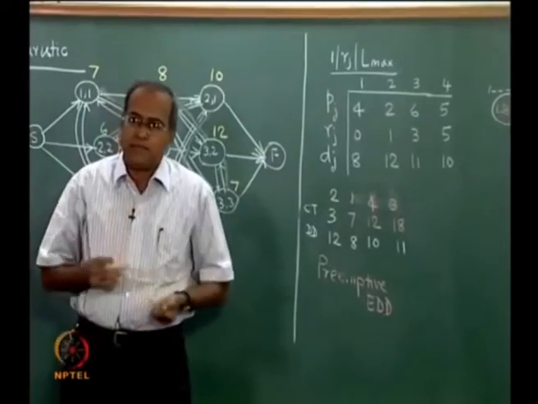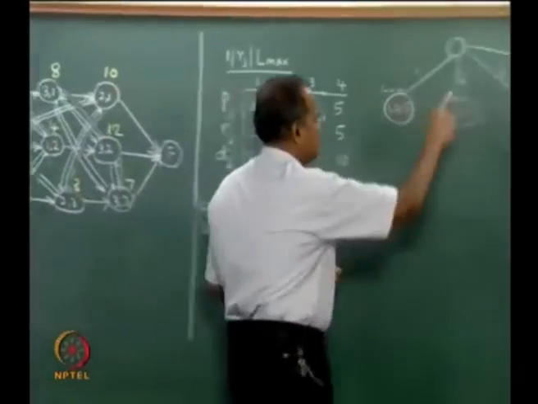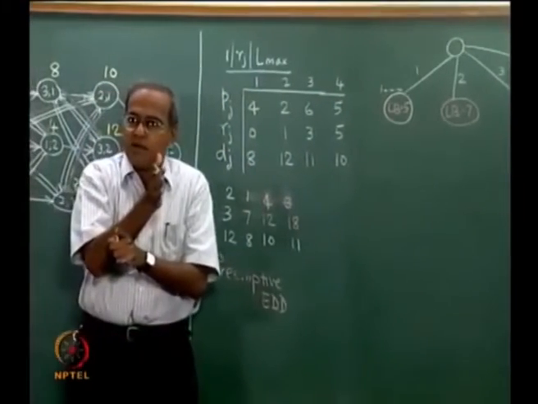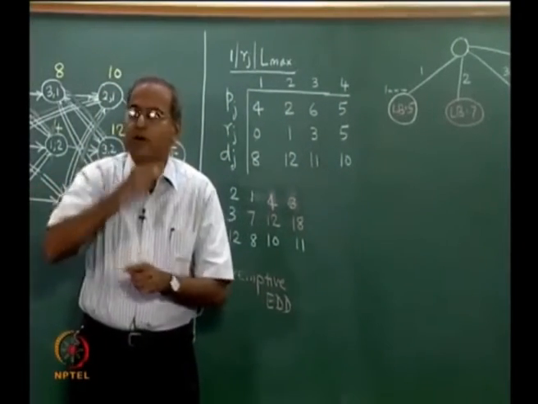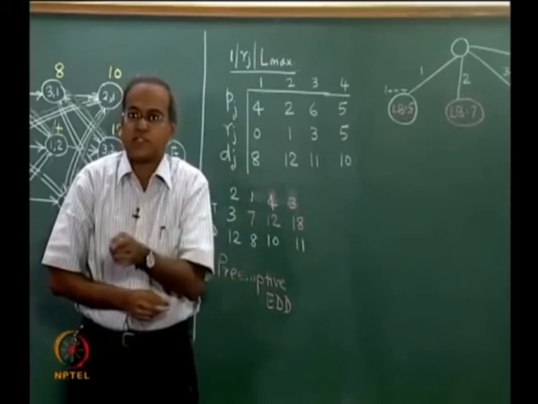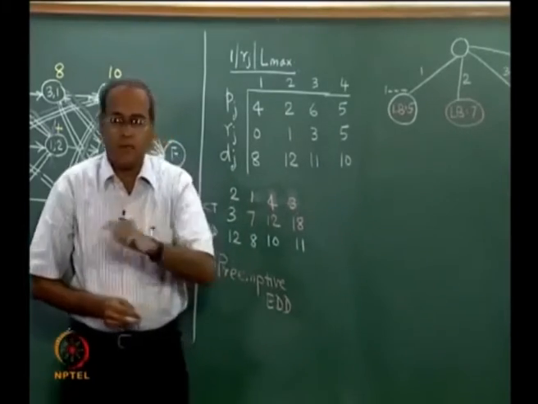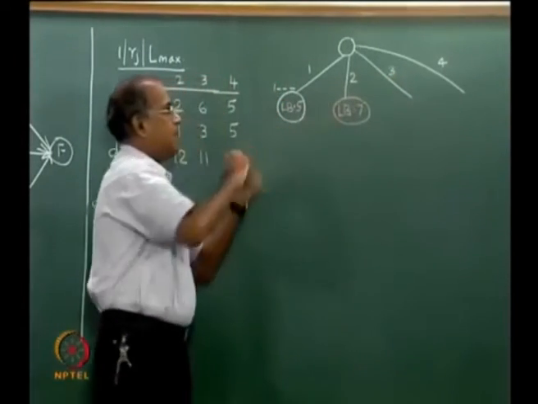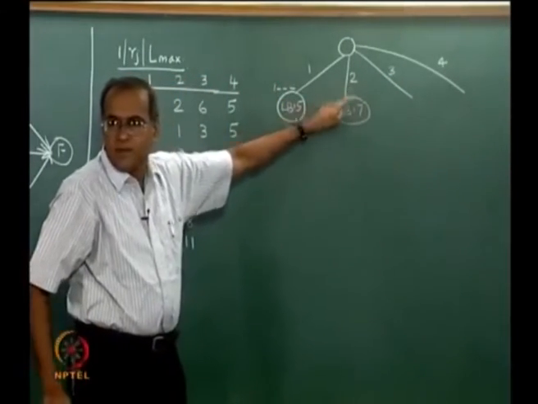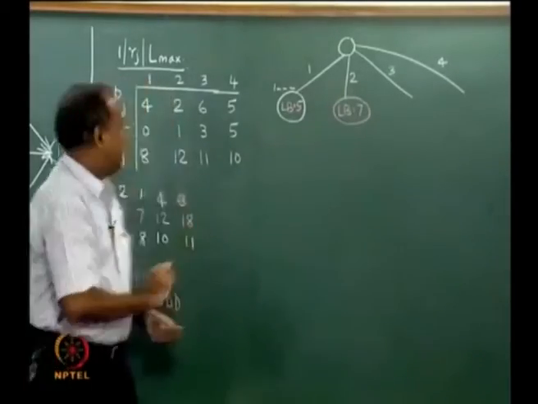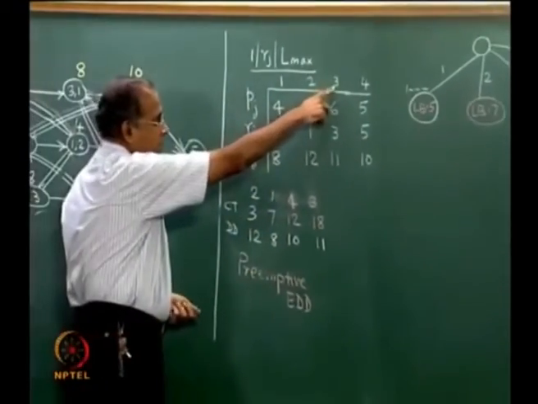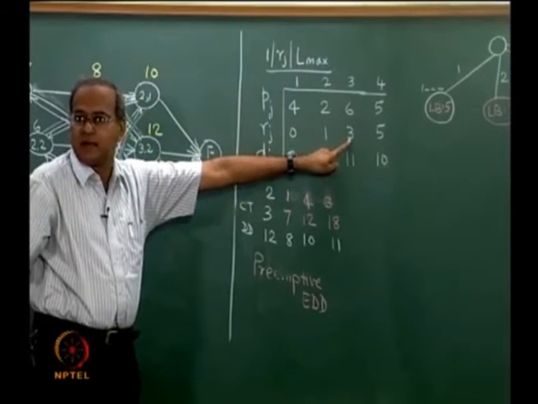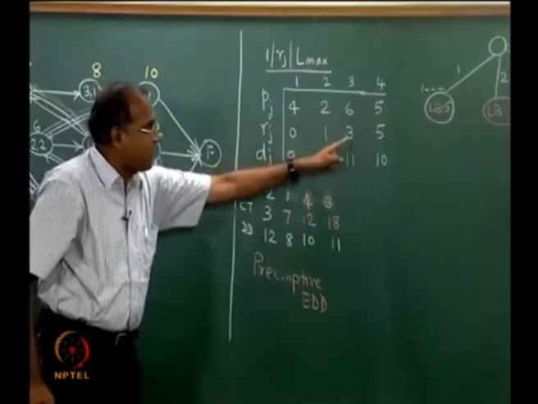So typically, if there is a job here as the first job 3, and there is some other job which can be completed before this job can be started as the first job, then the L max associated with this will always be higher than the L max associated with this, because this can be done ahead. If you see carefully, if I have to do job 3 first, I have to wait for time equal to 3. So 3 minutes the machine is idle, and then after that I have to do 2.